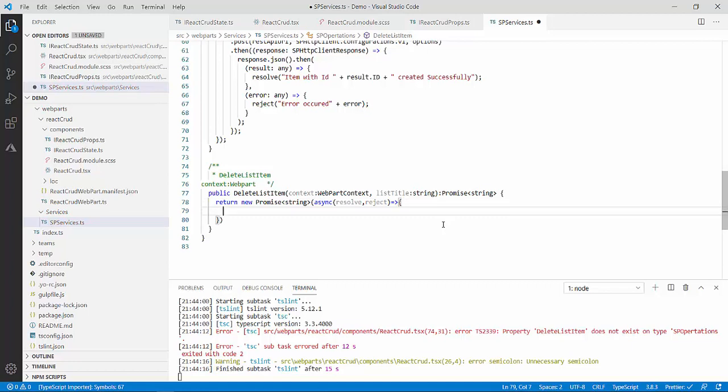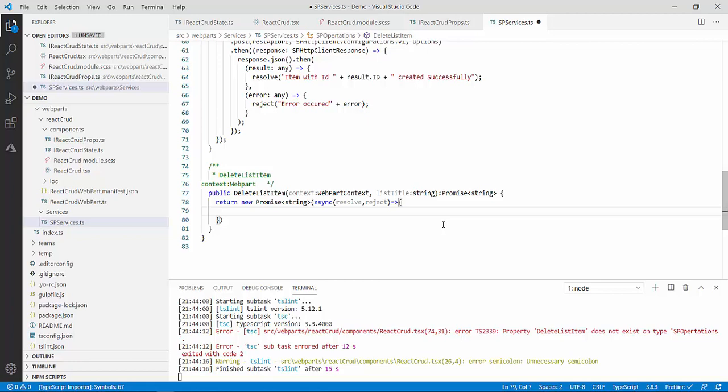So to delete the list item, again I need the REST API URL. I will call my REST API. In the REST API, I will again use the SP HTTP client dot post, because I am again deleting an item. In the post, I will select. Now to delete a list item, I need the ID also. I need the list and the item ID. List I will get from the drop down. For the ID part, I can hard code it, but I will not hard code. What I will do, every time I will delete the latest item which is present in my list. So let's say I select a list A.